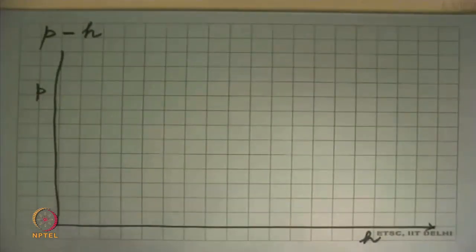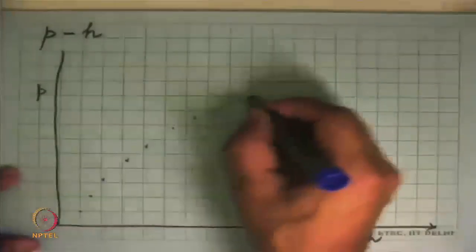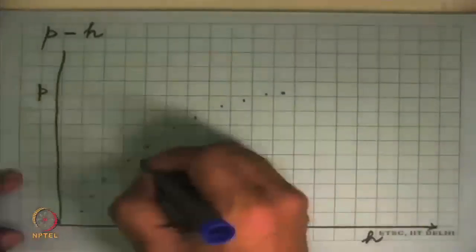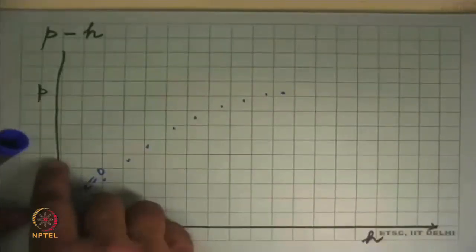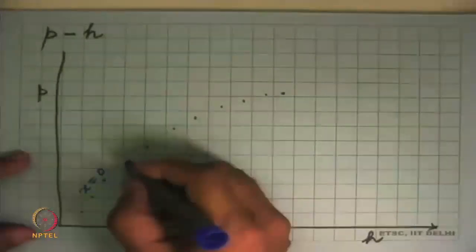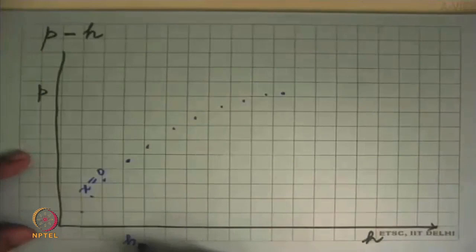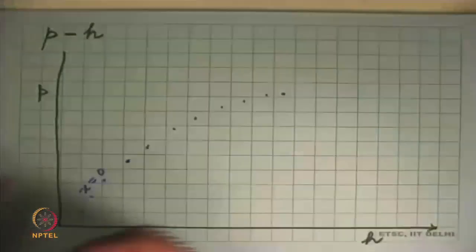And if we do the same thing we did earlier, that is we plot all the saturated liquid states, then we will get a bunch of states which are something like this. So this is all X equal to 0. What we have done is we have taken this pressure and asked what is Hf at that pressure. So we have plotted P versus Hf. That's all we have done, nothing else.